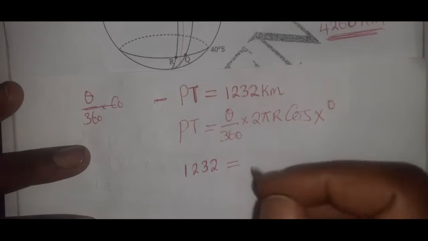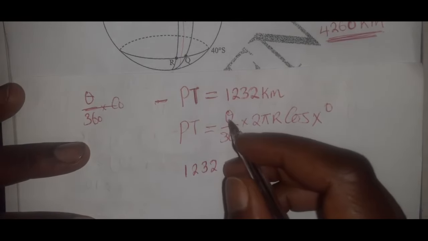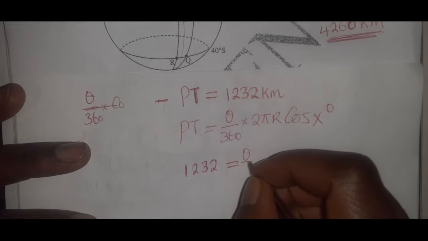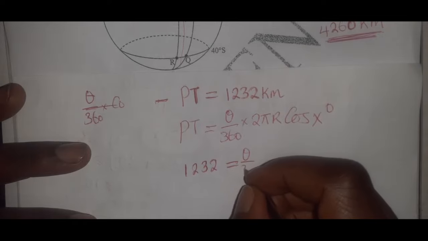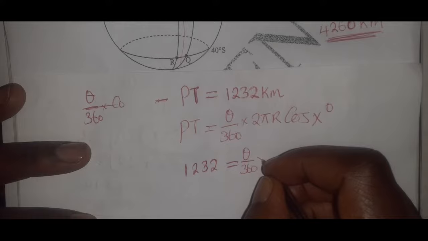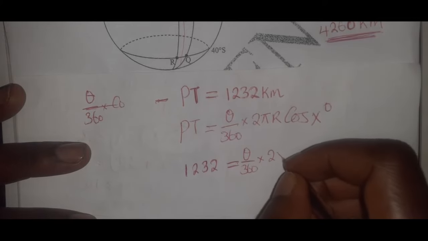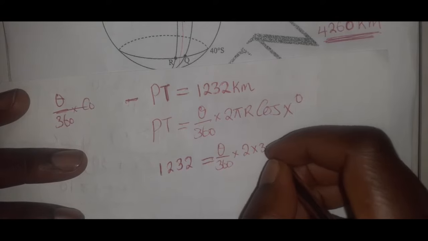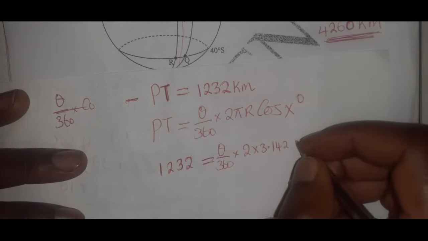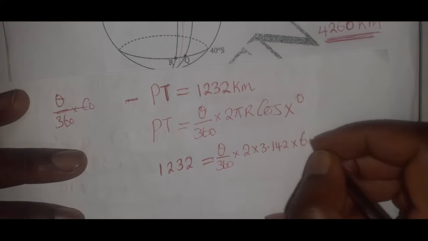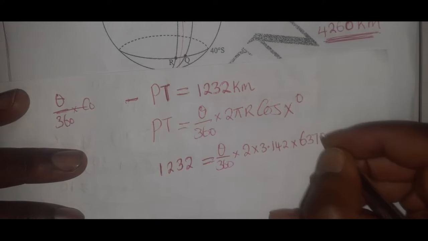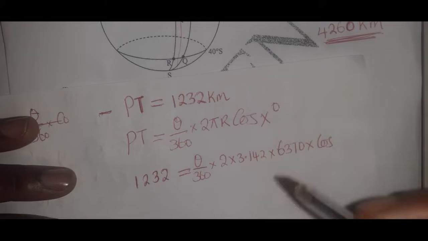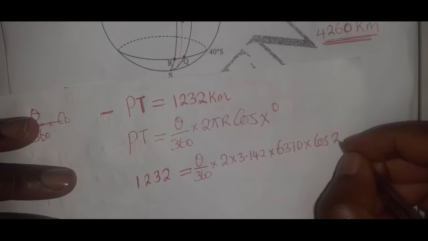So we have theta over 360 multiplied by 2 multiplied by 3.142 multiplied by 6370 multiplied by cos 20, because